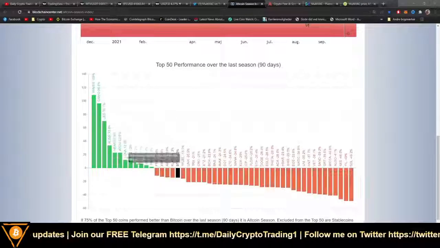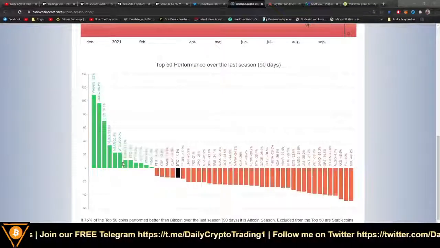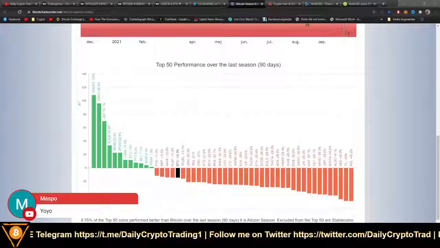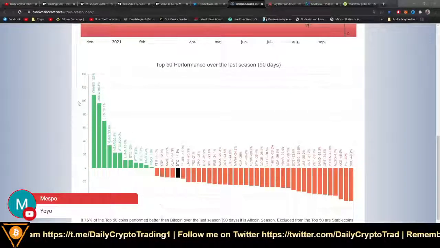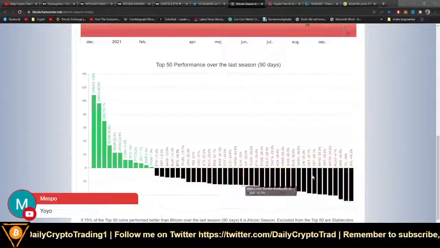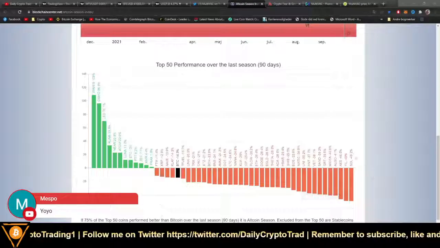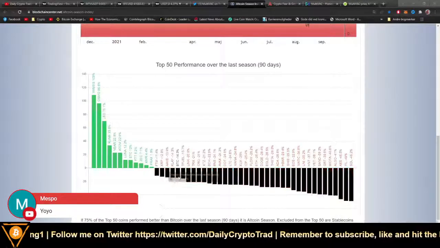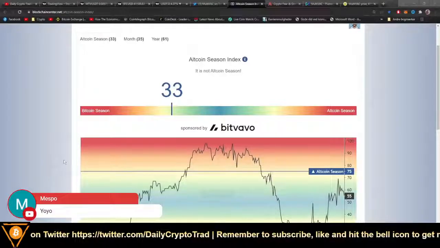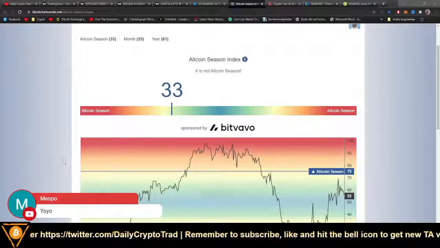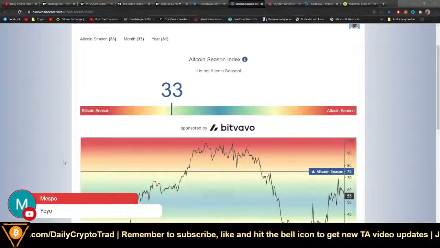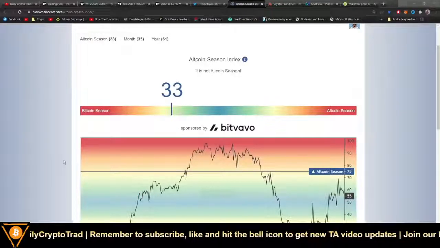And there are a few projects which are delivering, and there's not even a lot, 10%, 22% over the past 19 days. That is pretty great gains. But compared to an altcoin season or a bull market, that's nothing, all right? And the other projects, the last 40 projects, are just not delivering at all. I mean, just look at Solana, it has lost half of its value. Just look at this project. So whoever's saying that we're in altcoin season is probably just lying to you, just trying to put you in a furious state. It is not facts, it's not true, and I hate people who are saying this. Well, hate is a strong word, but I dislike the people who are saying this. They're only doing this to get views, all right, guys?